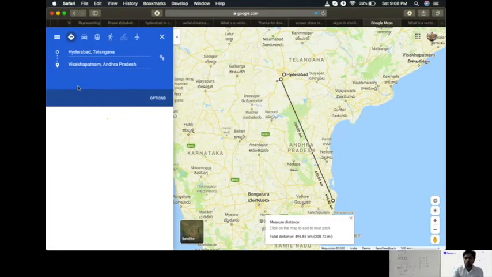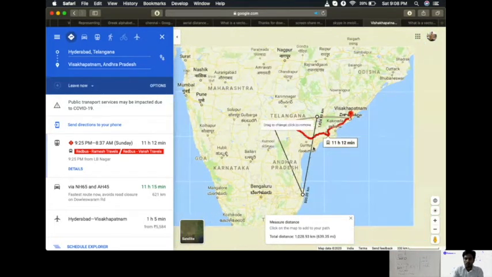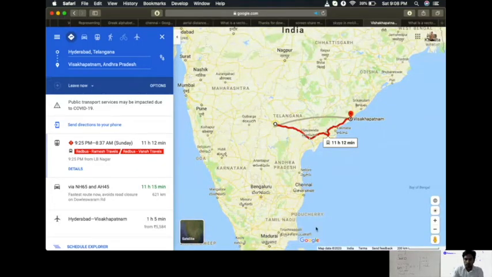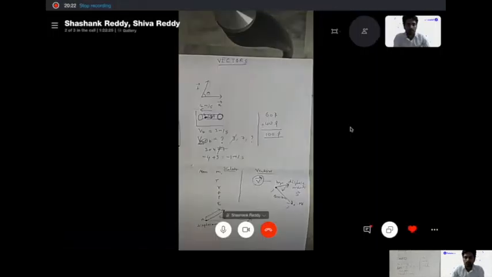Hyderabad to Vishakhapatnam would be a total of... let's measure it once again. That would be a total of 496 kilometers. So it's almost the same distance between Hyderabad and Chennai and Hyderabad and Vishakhapatnam, which means if I talk of